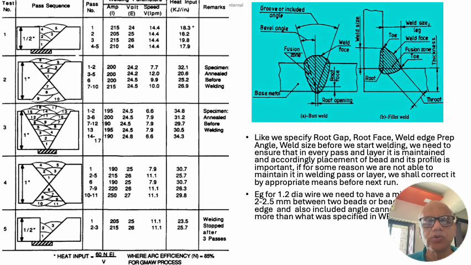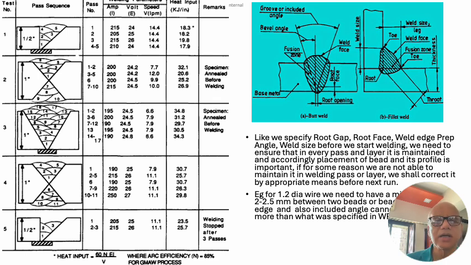If we are able to do that, like here we have given an example that for a 1.2 dia wire, if we can keep a 2 to 2.5 millimeter gap and a proper angle, then like we maintain root gap, root face, weld edge preparation for every layer, it shall be for every pass also, and that will give a sound weld which will have a good fusion, which will have good metallurgical characteristics. The dilution levels can also be maintained. The heat input, as you see here,